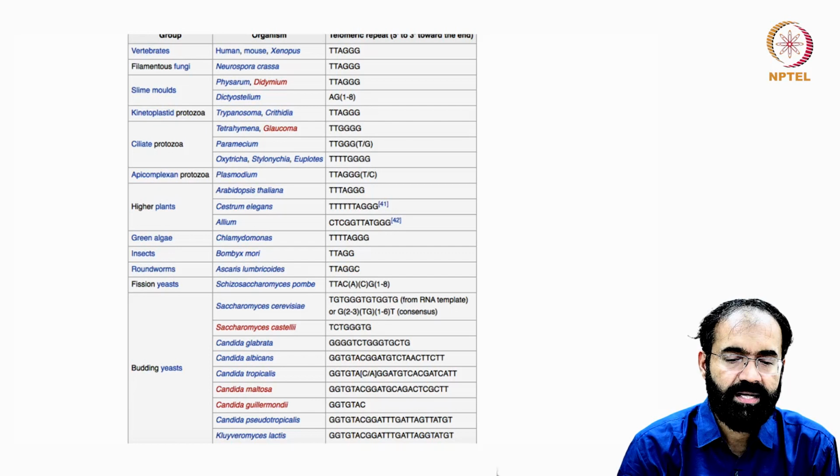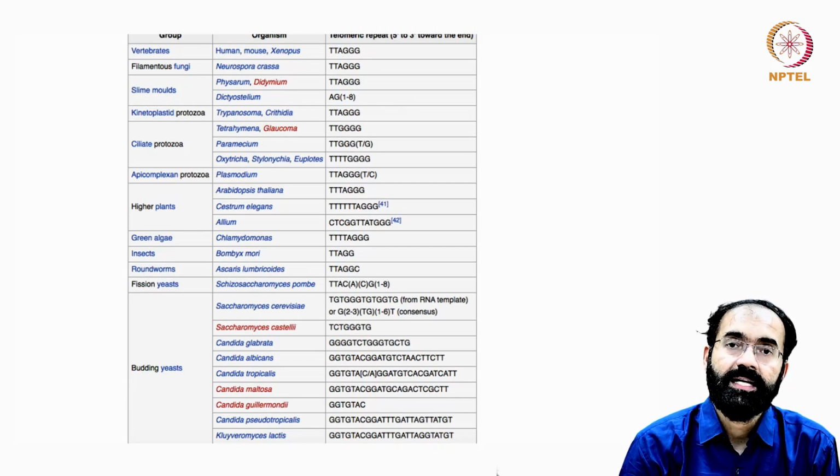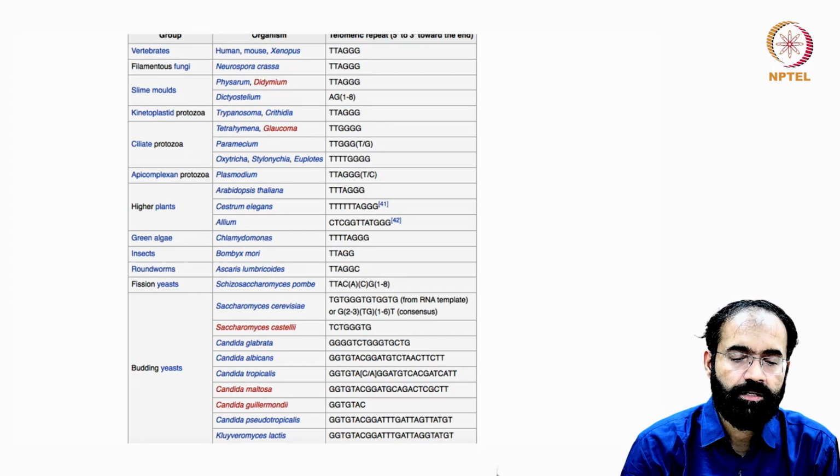You can see in vertebrates such as human, mouse and Xenopus, the sequence is TTAGGG. In the filamentous fungus Neurospora crassa, it is TTAGGG. Imagine how conserved it is, that even in the fungus Neurospora crassa and in human, it is the same sequence. You can see slime molds, kinetoplastids, ciliates, many examples. Slight variations are there. In Arabidopsis thaliana,